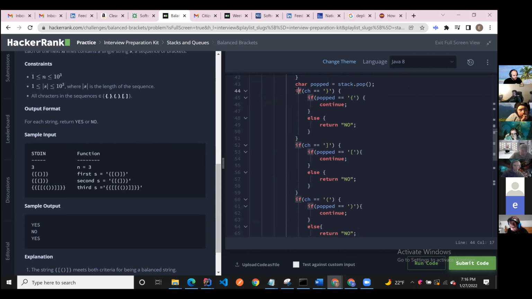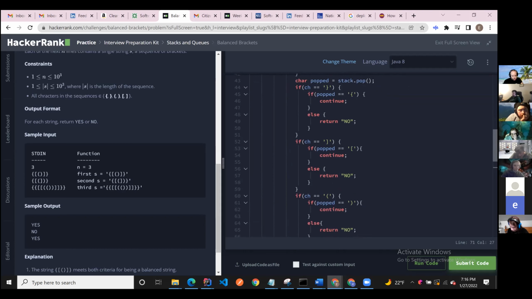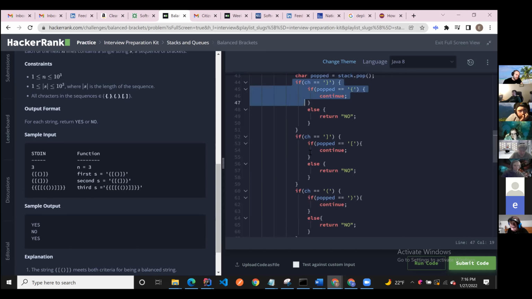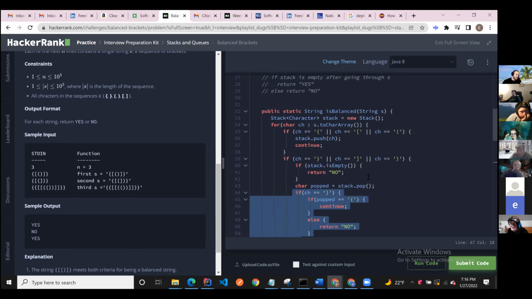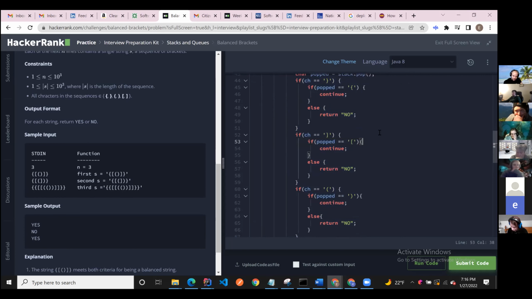Yeah, this was fun, and I used it in the if block. I used the queue in my Uno because I had to keep going around. I had to keep moving people through the queue. You do realize you could have just done an or in there, right? So if the CH is equal to closing or the other one, yeah, I can definitely see where this one's a little bit extra time complexity, right? For time complexity, you probably could have found a way to combine the two if statements at the same time, right? Instead of doing two separate if statements, do one if statement of an or. If one of these is true,